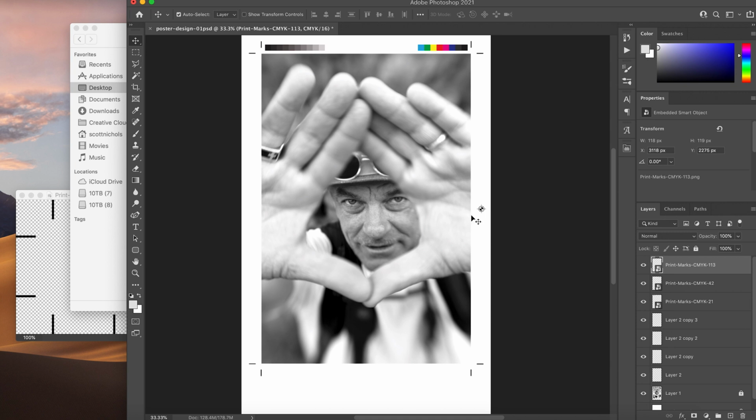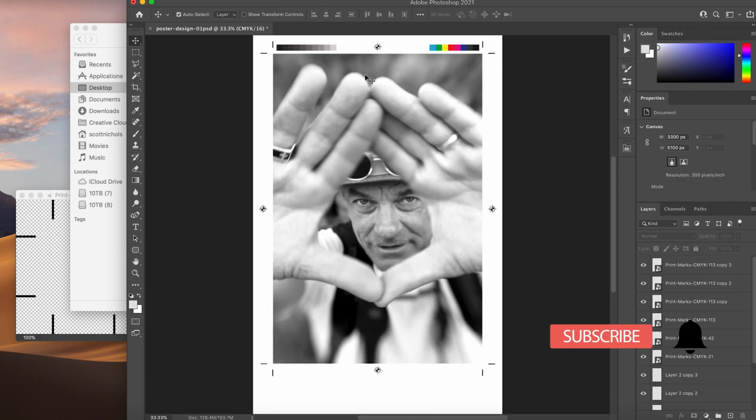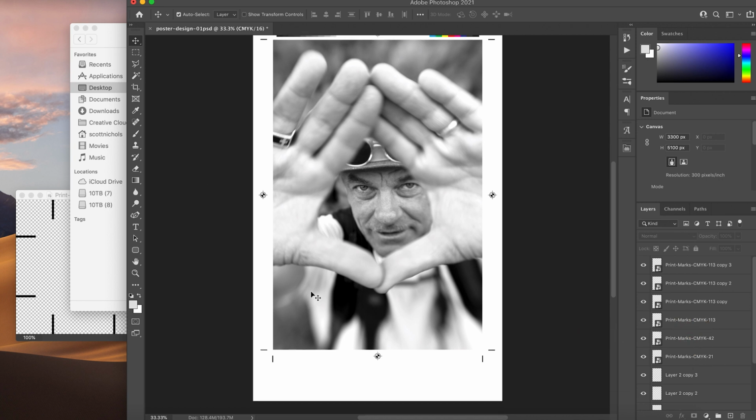And then I will do the same thing. I'll press Apple J, I'll duplicate the layer, and I'll move it to the opposite side. I'll duplicate that layer again and move it to the top and bottom of the image. And there we go. Within a few minutes, this is already looking really good, as if it's going straight to the printer and getting printed out